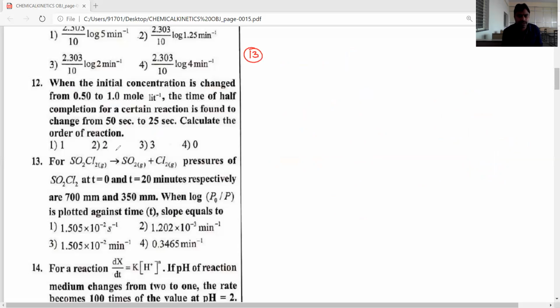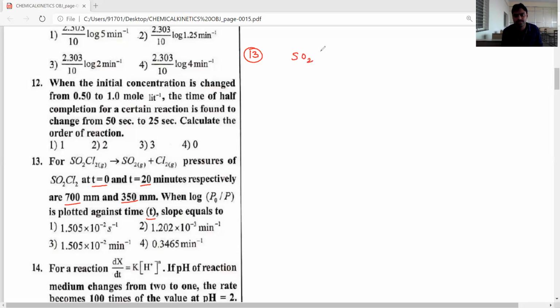13th question, very easy. SO2Cl2 is converted to SO2 gas plus Cl2. The pressure of SO2Cl2 at time 0 and 20 minutes respectively is 700 and 350 mm. When log P0 by P is plotted with respect to time t, then the slope is equal to what? See, for this question it is